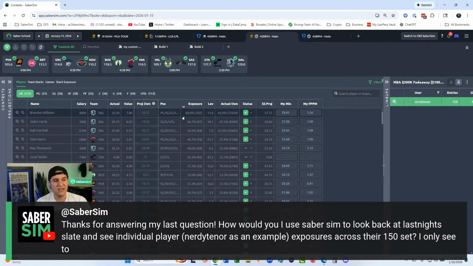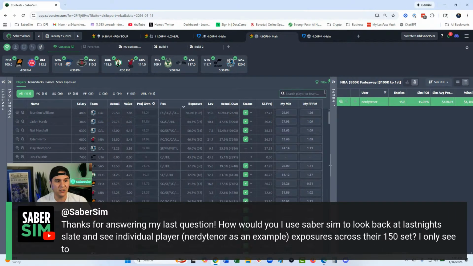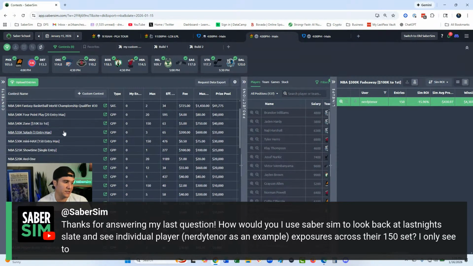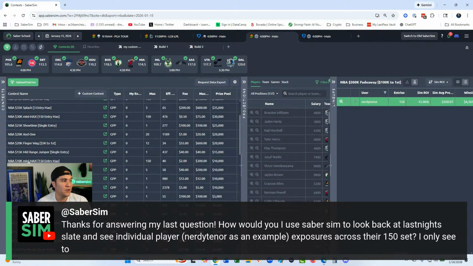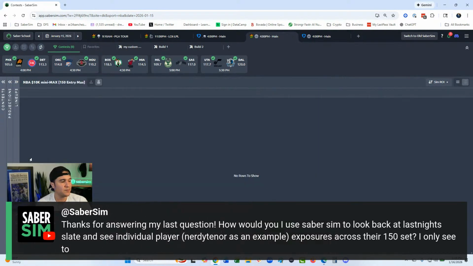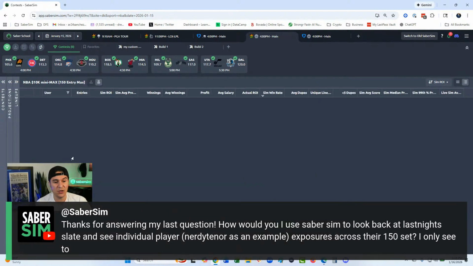Couple notes with this that I think are important to mention, just like good practice. Let's say I hit the plus magnifying glass on Nerdy, right? Well, then let's say I wanted to go and look at a different contest. Maybe I want to go and look at the $2 mini max. Okay, so when I go over to the $2 mini max,